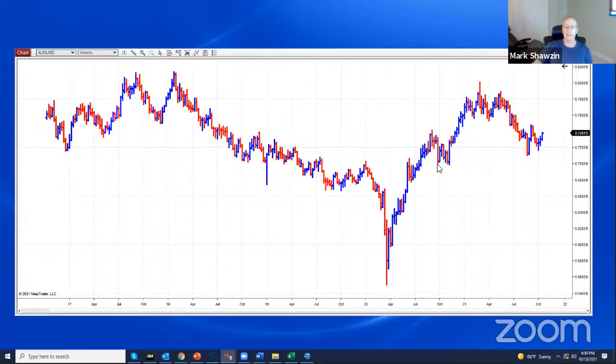You can see that this was an area where there was a lot of support, this 71. So we had this inverted head and shoulders. We pulled back, and you can see that there's a lot of support at or near the 71. So this is still a little bit of a downtrend. And yes, you may want to wait to see this retest, but I'm just looking at the energy of today's bar to set up a trade going into tomorrow.